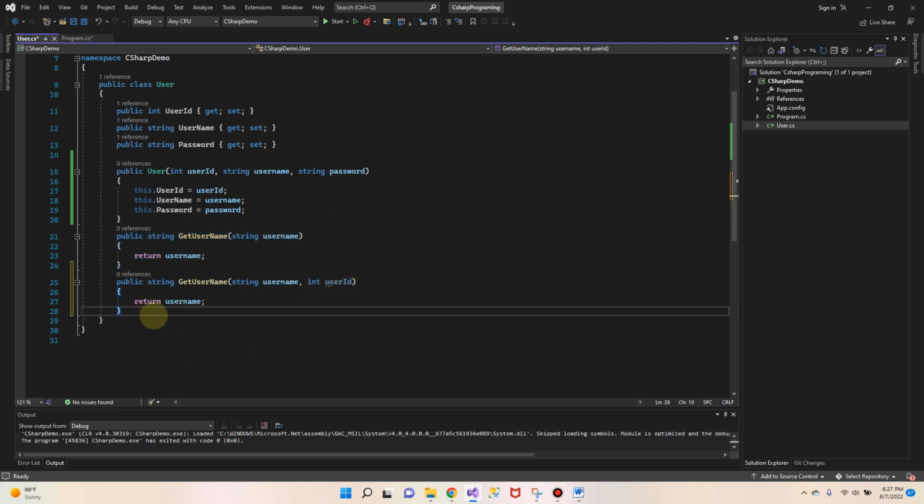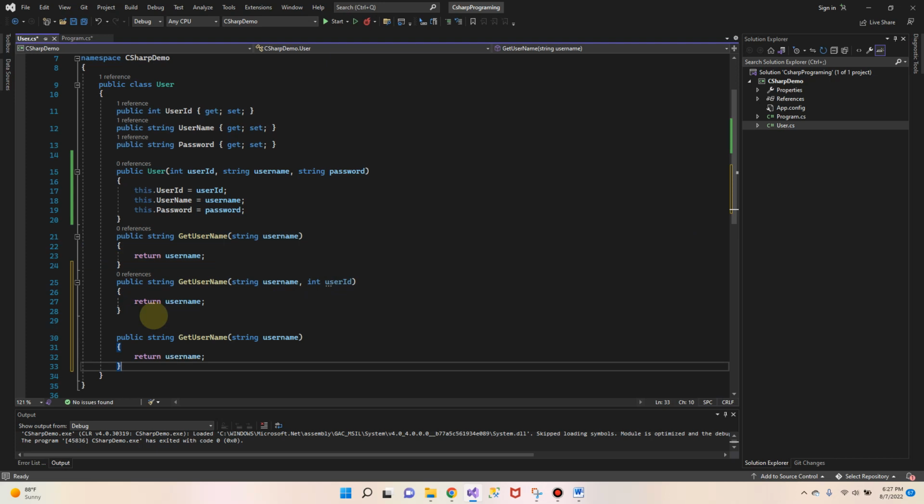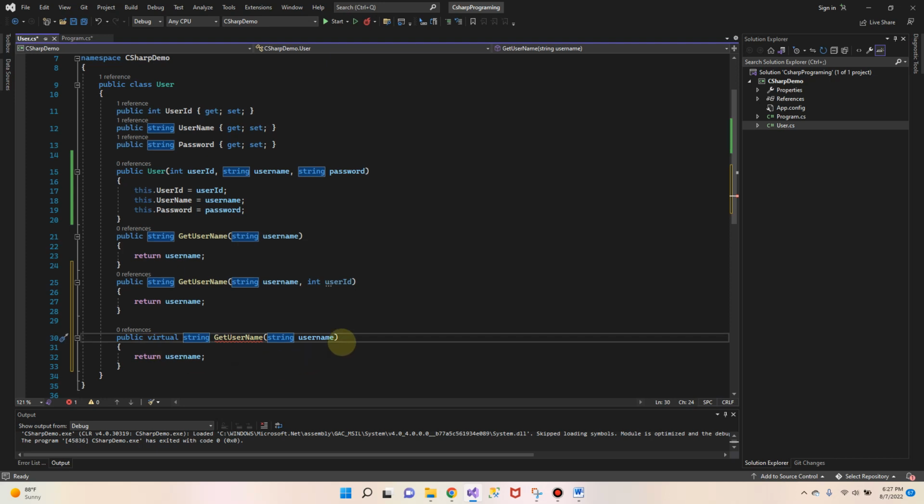So if we come here and we're going to try to override this method, okay? But for overriding a method, you will have to set that method as virtual, right? So you're going to do virtual, okay, and then